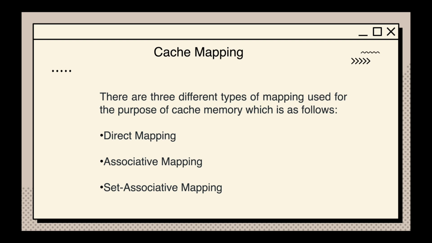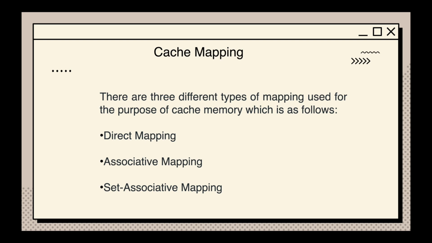Okay, so the second part of cache mapping is associative mapping. In this type of mapping, associative memory is used to store the content and addresses of the memory word. Any block can go into any line of the cache. This means that the word ID bits are used to identify which word in the block is needed, but the tag becomes all of the remaining bits. This enables the placement of any word at any place in the cache memory. It is considered to be the fastest and most flexible mapping form. The index bits are 0. So this was all about associative mapping.